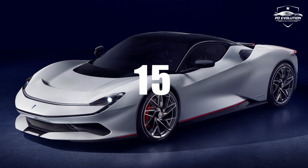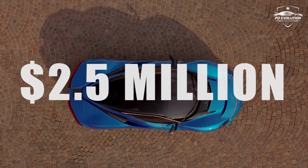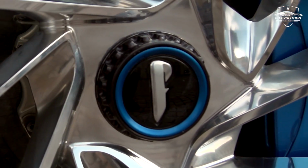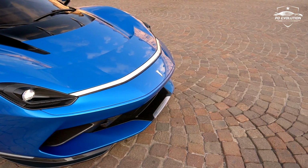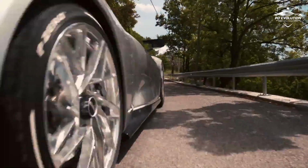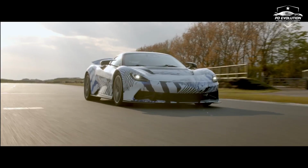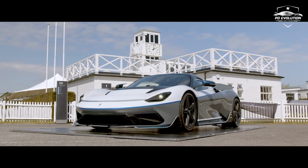Number 15. Pininfarina Batista. Price $2.5 million. The Pininfarina Batista is an electric hypercar manufactured by Automobili Pininfarina, which is headquartered in Munich, Germany. The Batista is said to get up to 1,900 horsepower and 1,697 pound-feet of torque. It promises 0 to 62 miles per hour in less than 2 seconds, 0 to 124 miles per hour in under 6 seconds, 0 to 186 miles per hour in less than 12 seconds, and a top speed of around